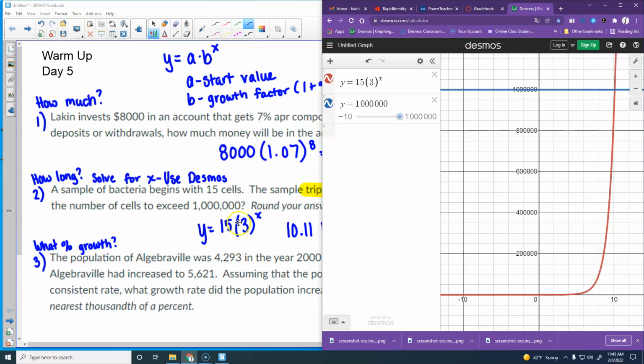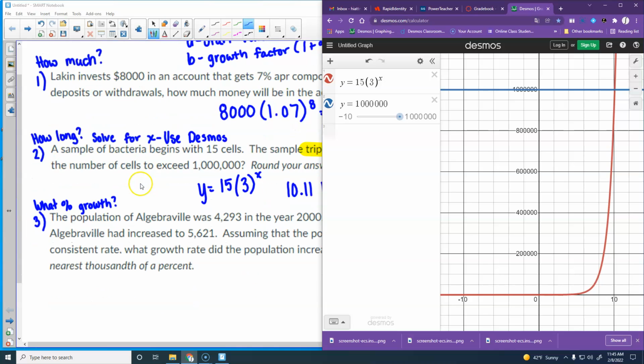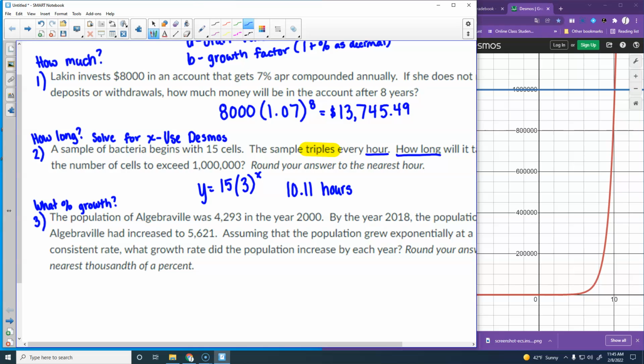So if you have to solve for the X, we can't solve for the X. There is a way. You have to know how to do logarithms. You won't do that until at least Math 3. So we can't solve for X, so we have to just graph it and figure out when that happens. Okay. All right. So the last type of problem that you're going to get